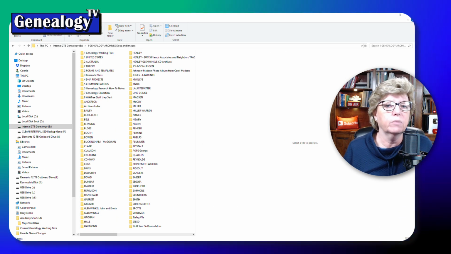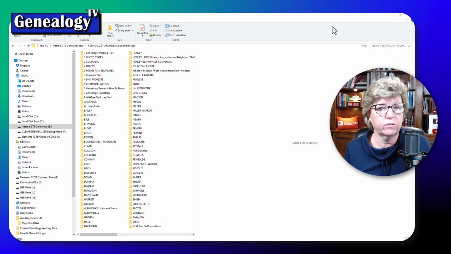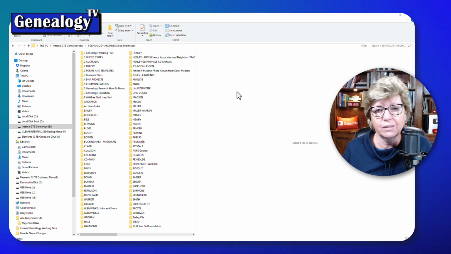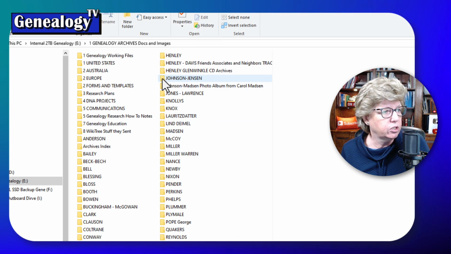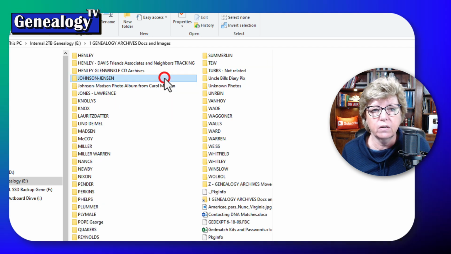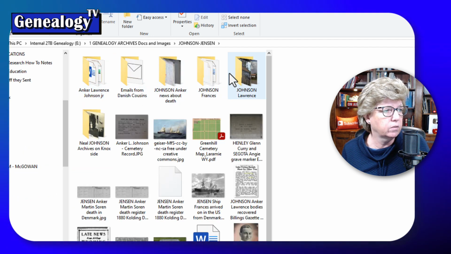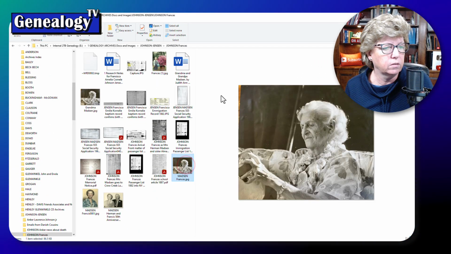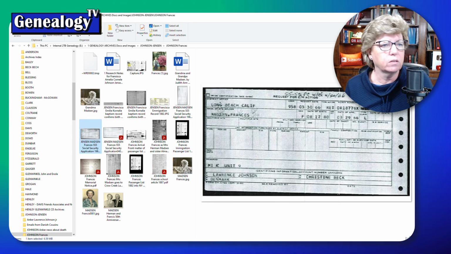Okay, so now we're going to jump into my files because I had written for the SS-5, which you have to get from the Social Security Administration. Now, I file everything under a woman's maiden name. It was Johnson or Jensen as she changed her name. So this is under the Johnson Jensen name, even though the record was a Madsen record. And then once I get into her file, I can go to Frances Johnson, and this is her. Isn't she cute? It's in my research notes, and so I'm looking around. Here it is, the SS-5. So let's take a look at that.